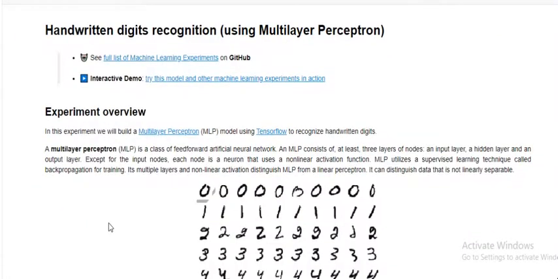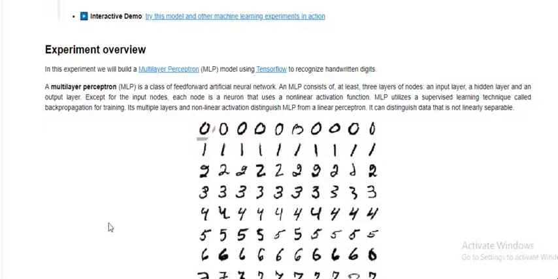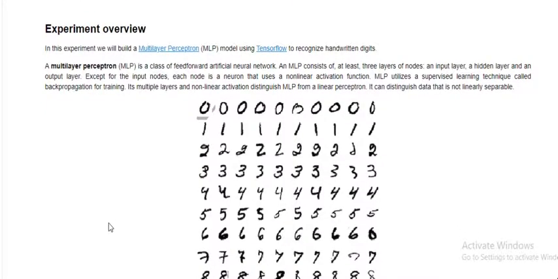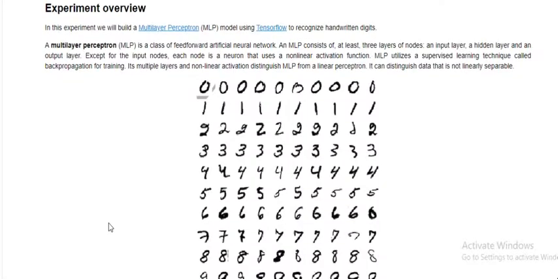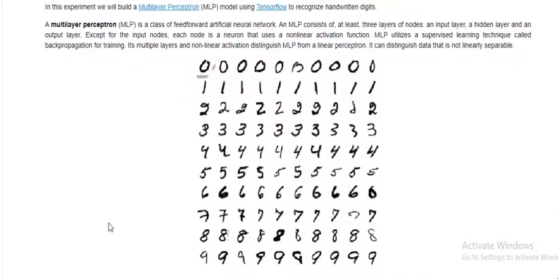So let's start. The main idea behind this project is that we have handwritten characters and we have to recognize the real number behind each handwritten object. Here is an example: we have given multiple datasets for recognition of 0, 1, 2, 3.